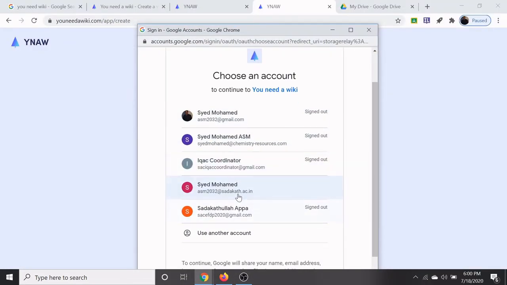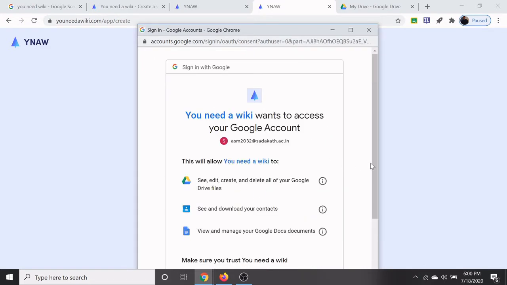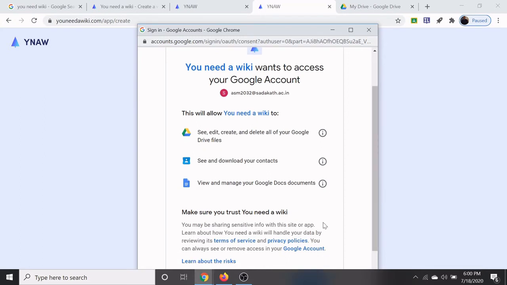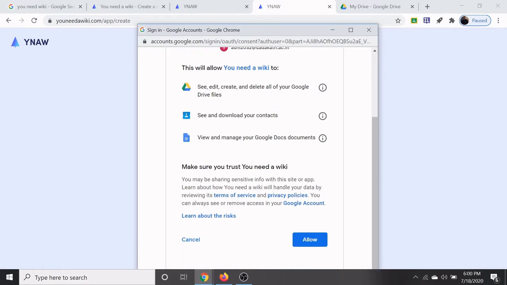So I am using this ID. So it will ask the permission to access your Google Drive, see and download your contacts, view and manage your Google documents. Then you can allow.